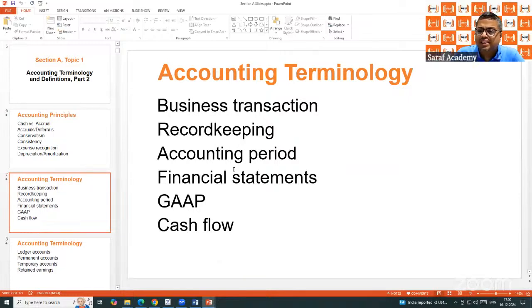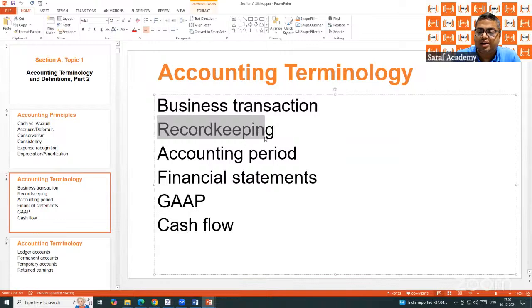This is, you can say, basic accounting terminology. Business transactions, which we are saying recording of transactions, any transaction which involves money. Suppose in the business the director died. किसी कंपनी के डायरेक्टर का डेथ हो गया. What will be the accounting treatment? Nothing. Because death of a person cannot be measured in monetary terms. Business transactions which can be measured in monetary terms, they will be accounted for.